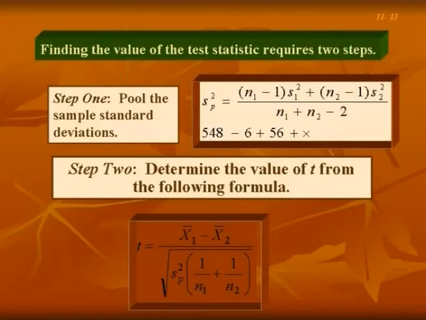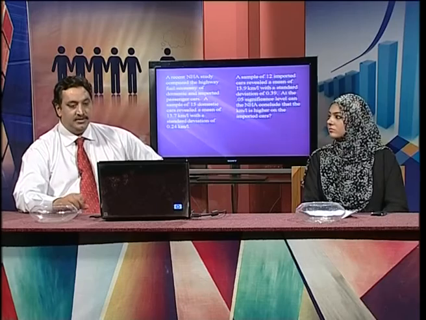And the formula is here, you can see in the slide: Sp square is equal to N1 minus 1 multiplied by variance of sample 1 plus N2 minus 1 multiplied by variance of sample 2. So we're pooling up the variances because of the equal variance assumption we created. Yes, exactly. And that's why we use this term, the pooled variance, in the t statistic. I hope that this example also clarifies the concept of the t statistic.